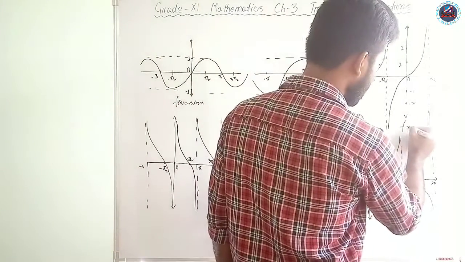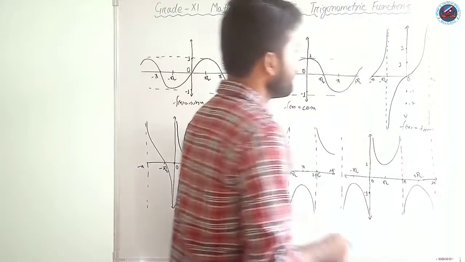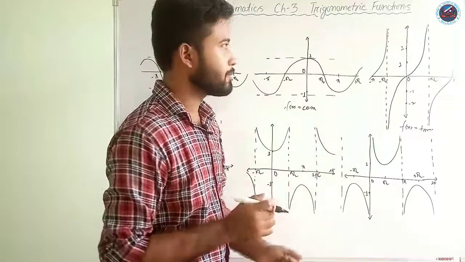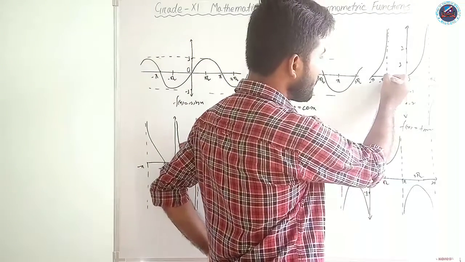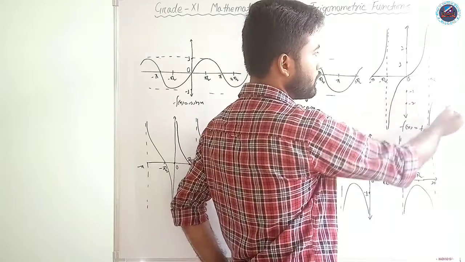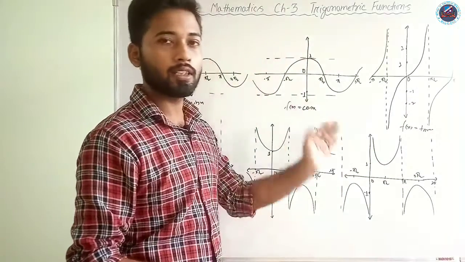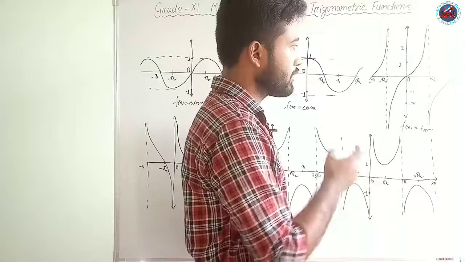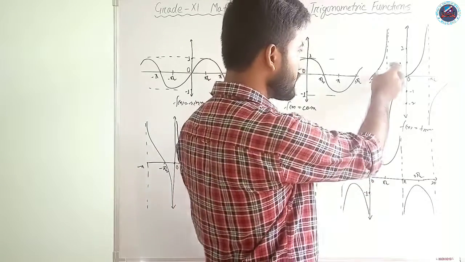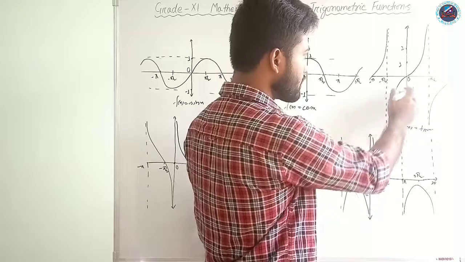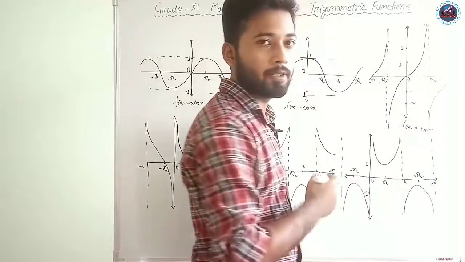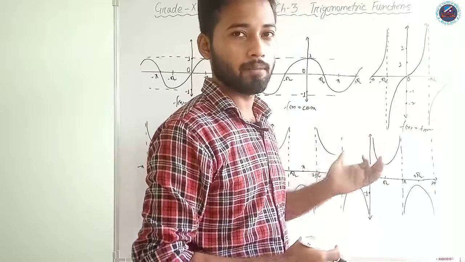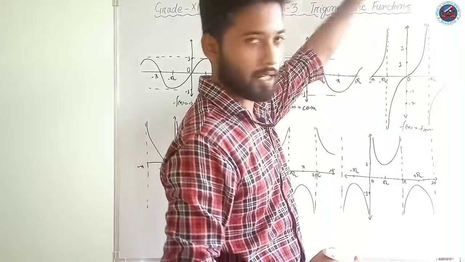Similarly for the function tan x, you can see the domain that we have considered is all the real numbers except where we have not considered the point -π/2, we have not considered the point π/2, we have not considered 3π/2, that is all the odd multiples of π/2. At those points the function is not defined. Other than that, if you skip those parts, the function continues to move on, it goes on till infinity. So the range here is the set of real numbers, from -infinity to +infinity.